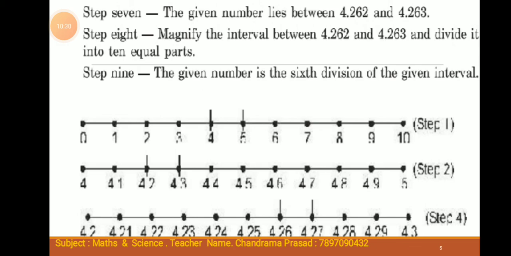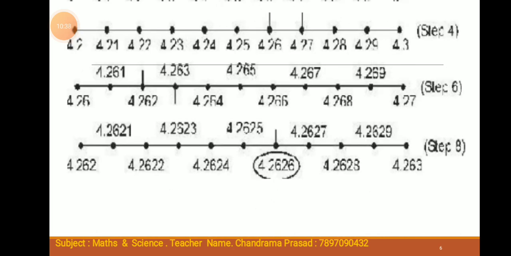The number lies between 4.26 and 4.27. Now divide 4.26 and 4.27 into 10 equal parts, which are represented by 4.261,